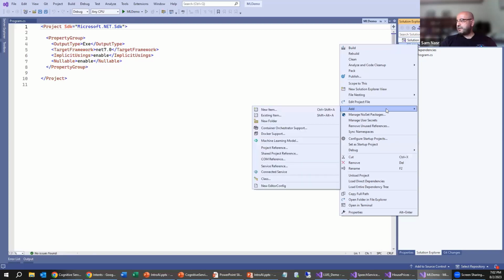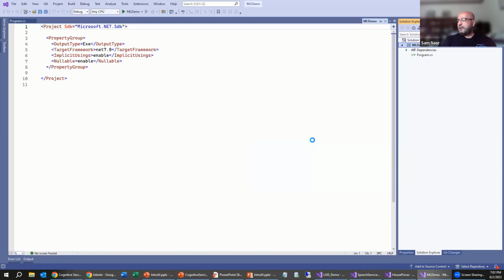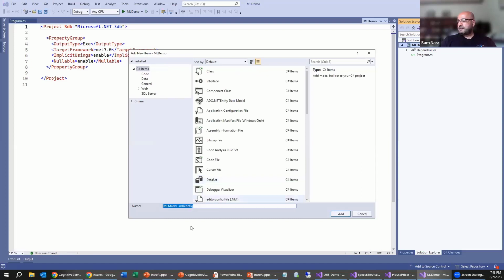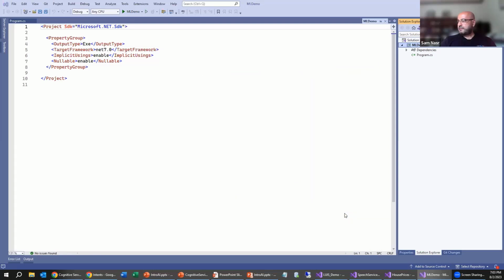So I right click on the project and I click Add, and there is my machine learning model. I'll go ahead and select that. And it's going to give me the default name of mlmodel1.mbconfig. I'll go ahead and accept that.